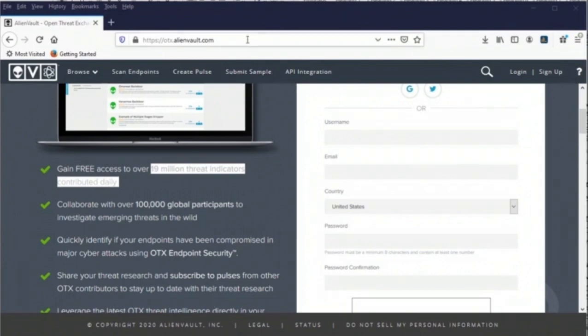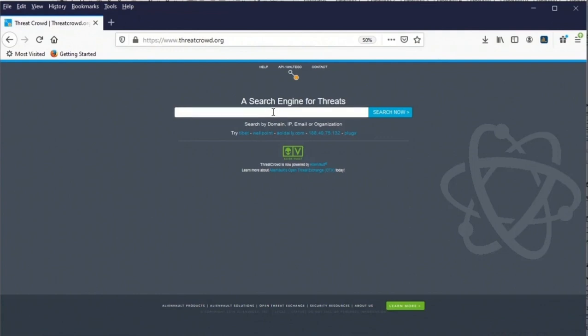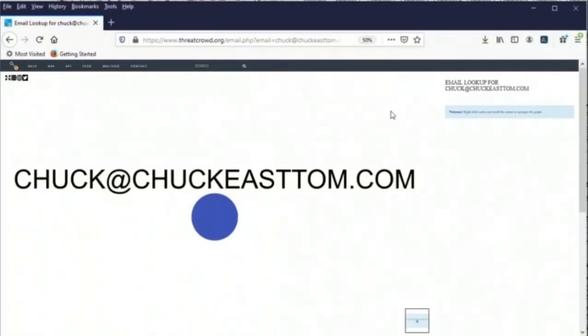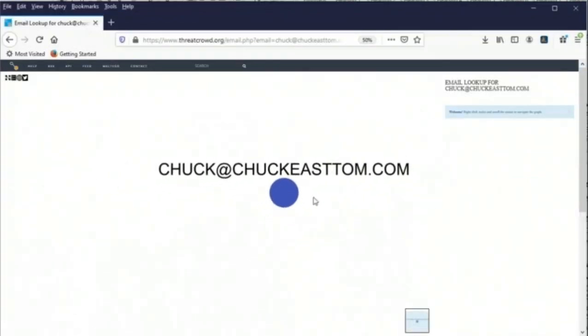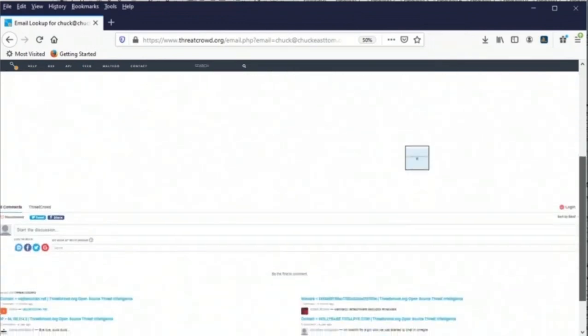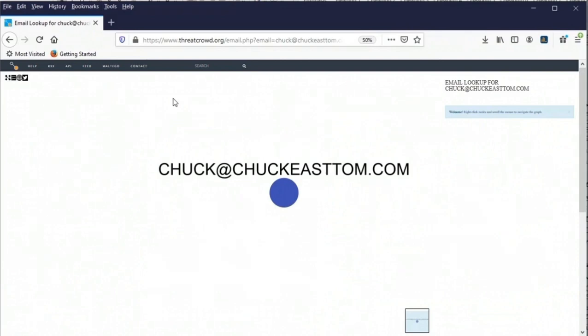Yet another free website is ThreatCrowd. Now, this is a search engine. If you've received an email, for example, and you'd like to know if it's associated with threats, I'll put mine in there, and it will do a search to see if that's ever been reported related to a phishing scheme, a threat, a scam, anything of that nature. So you go through and there's absolutely nothing connected to that email. So it hasn't been related to any threats. Good to know. But this is a great place when you get suspicious emails, suspicious websites, whatever. You can run them through ThreatCrowd and find out.